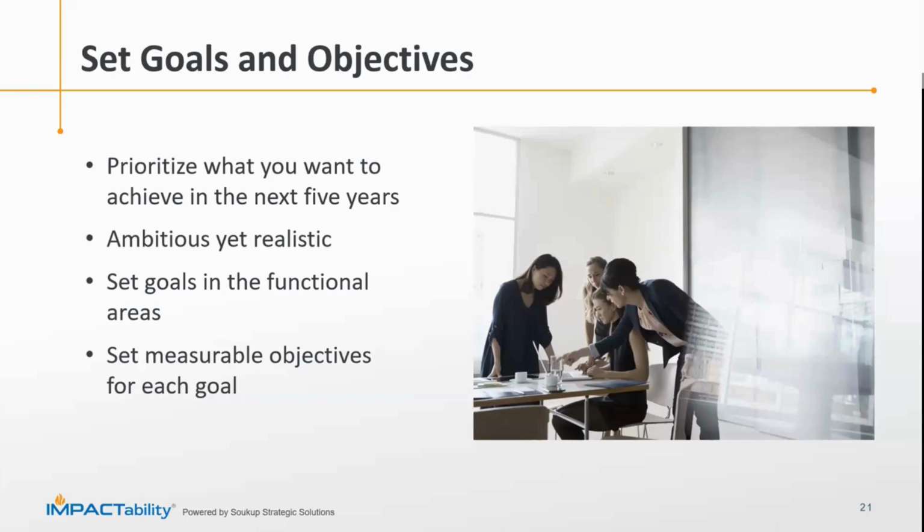So you prioritize what you want to achieve in the next few years. This should be ambitious, but also still realistic. So when we dream these big dreams, it's important to pull it back to what you really can do in the next few years. What's realistic? If you don't know this as an organization, get professional help to help you identify what you really can expect